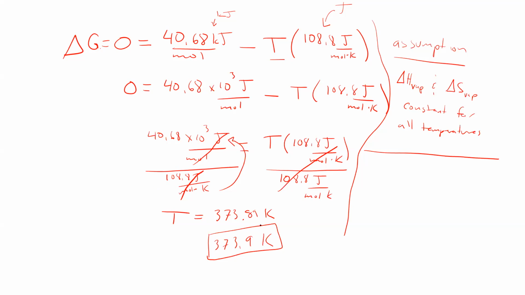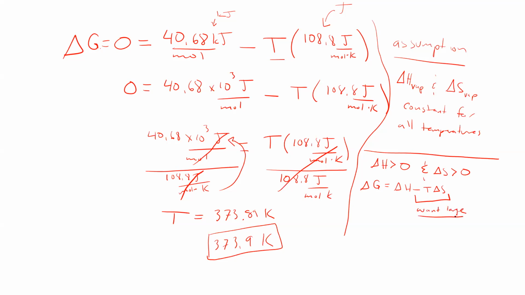So getting back to our problem, we know a couple things, right? We now know the temperature at which this reaction goes from non-spontaneous to spontaneous. We also know delta H is greater than 0, and delta S is greater than 0. And so what that means, if we think about delta G equals delta H minus T delta S, we want the minus T delta S term to be the important term, right? So we want this to be large,